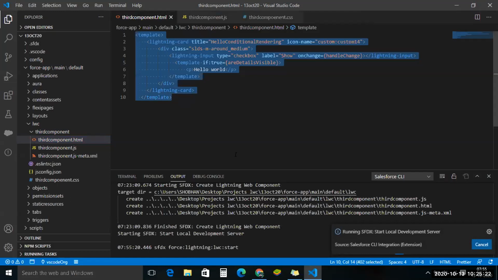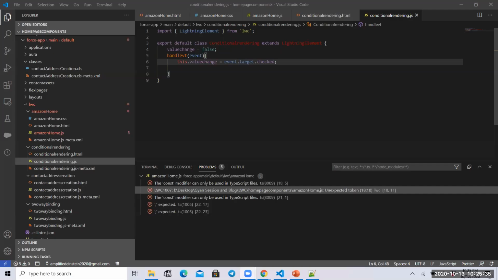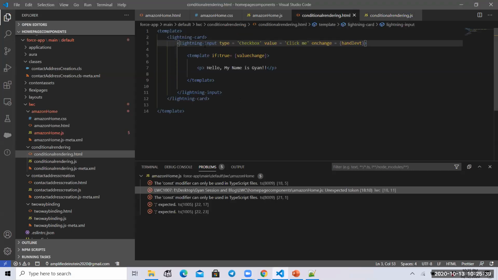Yeah, I'll share because I did mistakes. Yeah, sure. Go ahead. Sai Sagar, you can stop share. So here, input type checkbox. Should it be in double quote?